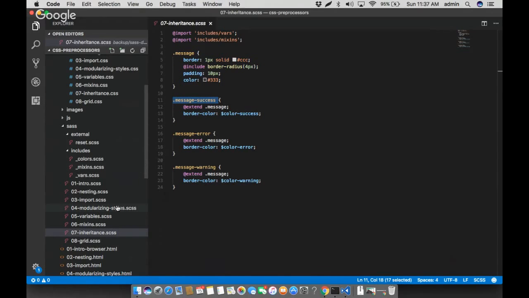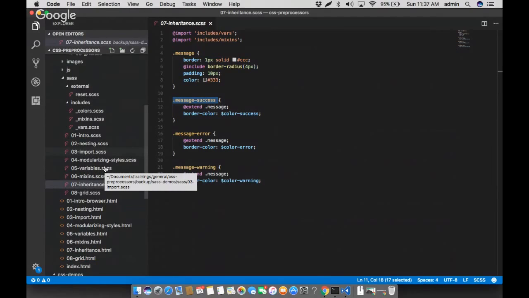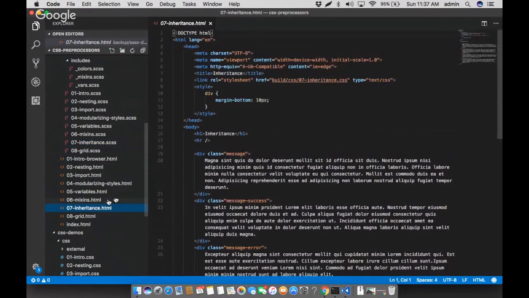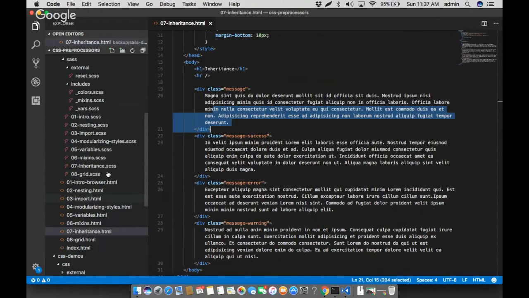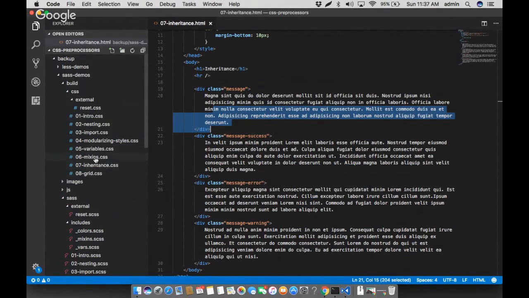If you see the way we are using it now, we are using simply message success and not message space message success. And the way we are using it is simply message error and not message space message error. So how does the message error class actually get even the styles that are applied for message? Apart from its own border color, how does it get the border radius, border width, everything that's set on message? The way it achieves that, if you see the translated CSS file,